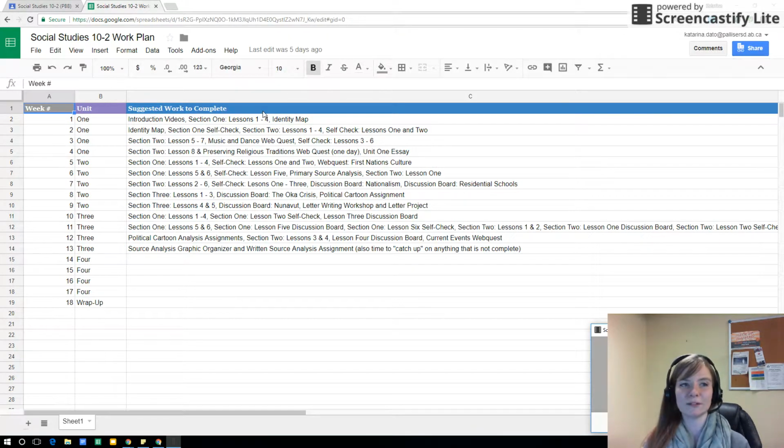A really fantastic best practice I was recently introduced to by a staff member at my school was they put the recordings from their Blackboard classes, they put the link for those recordings right into the work plan, and they also add exit slips. So they might have a recording and then say for this exit slip, fill out a KWL chart about this lesson